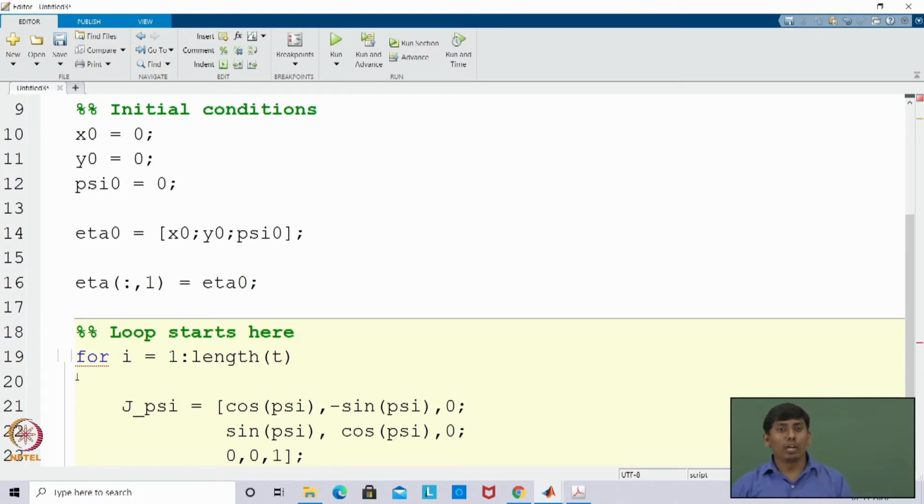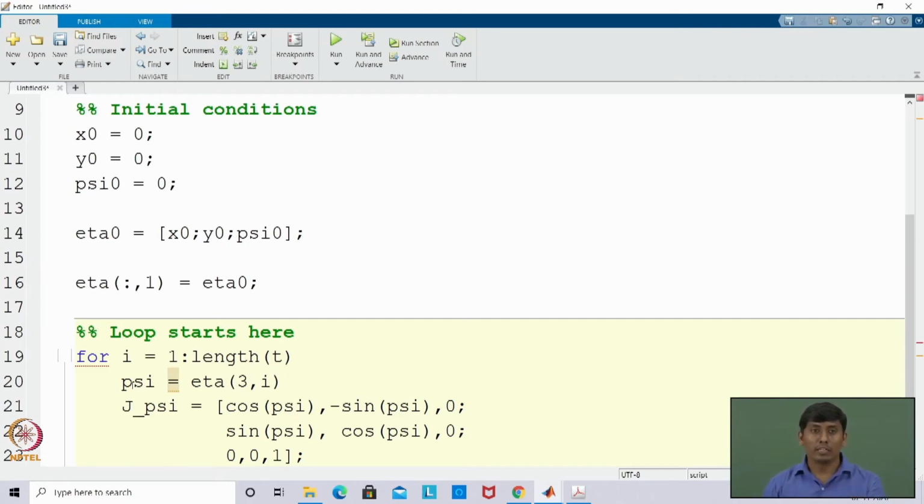Now you should know what psi is. Psi is a variable, and that variable is the third row of eta. In the sense I am writing eta, the third row and the ith instant. For example, if the loop starts with 1, then 3 comma 1 would be your psi 0.